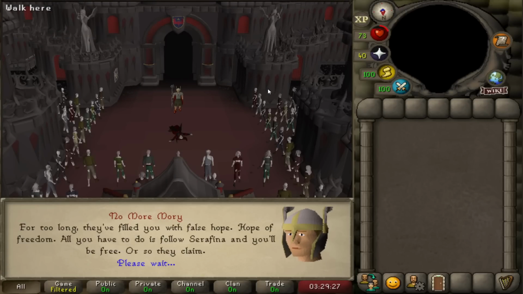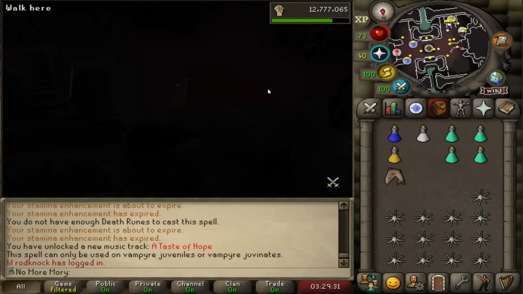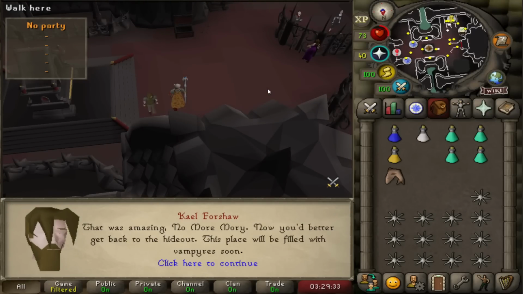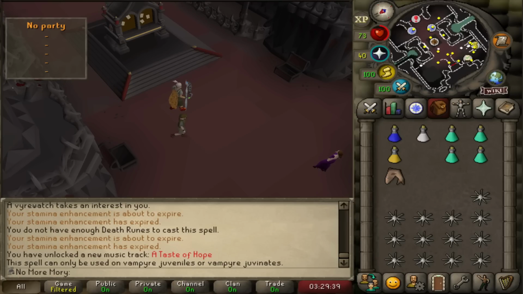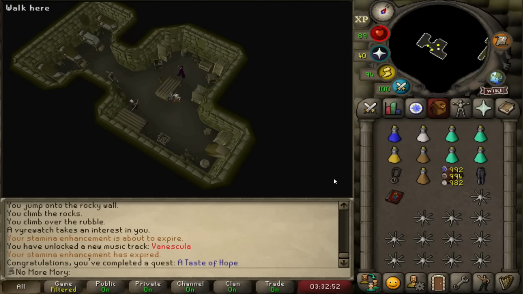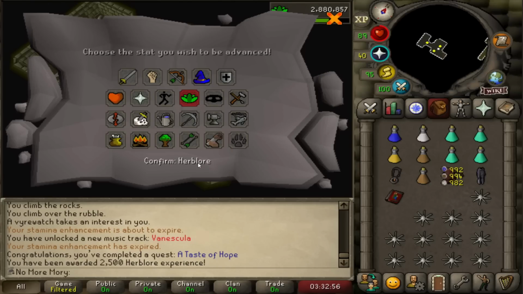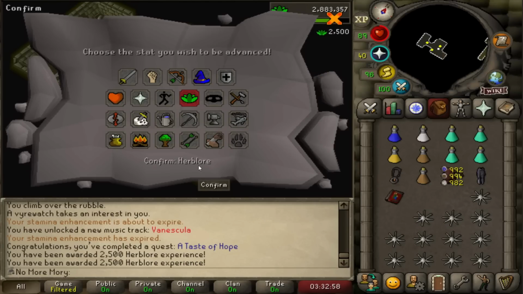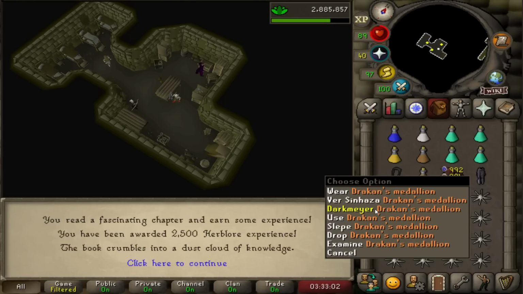I think this fight would have been a lot harder if I wasn't like 120 combat and like 50 levels above the suggested requirement, but I could basically tank everything and just AFK this boss fight. Maybe since the father will be a little more difficult. Quest complete, we get another Tome of Experience that's going to go right into Herblore. Another 7,500 experience there. And then we also got the Draken's Medallion, which provides a nice teleport to Ver Sicilia,